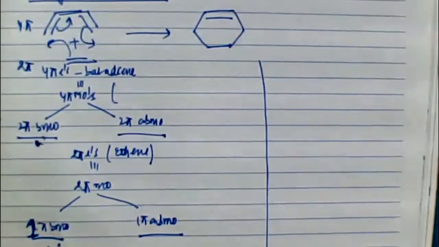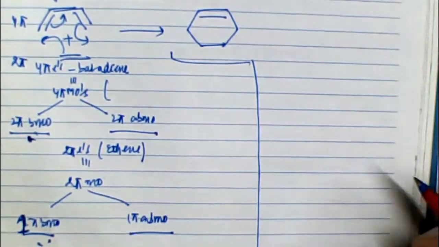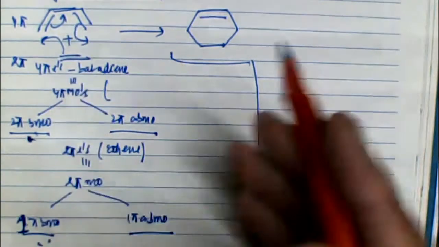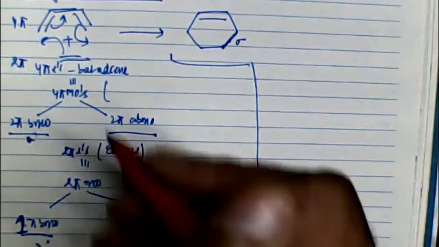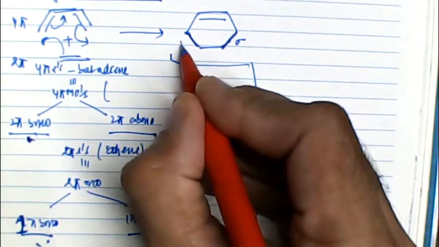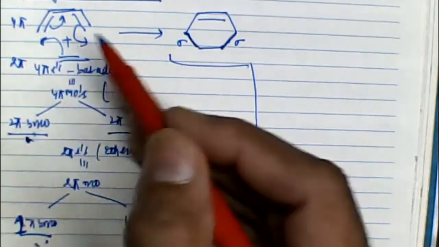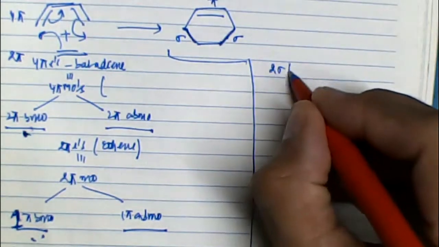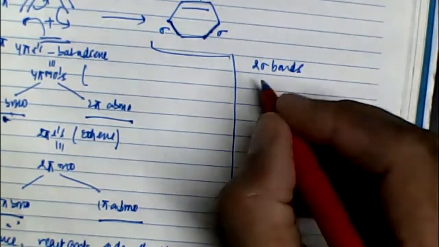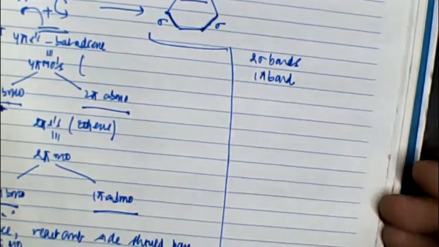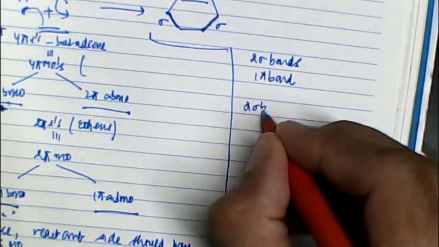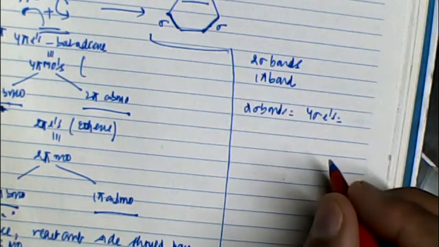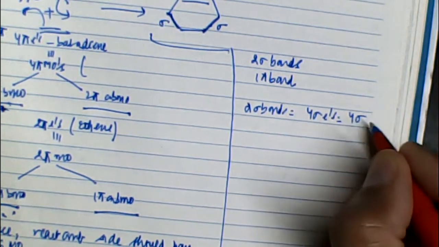If you look here, in the product, how many new bonds are formed? As you can see, during the course of the reaction, this pi bond broke and formed a sigma bond. That means this is one sigma bond. This pi bond broke and formed a sigma bond. That means this is another sigma bond. And this pi bond got converted into another pi bond. Therefore, on the product side, I have 2 sigma bonds which are formed and 1 pi bond which is formed, right? And therefore, corresponding to 2 sigma bonds, I should have 4 sigma electrons, and that would mean that I should have 4 sigma molecular orbitals.